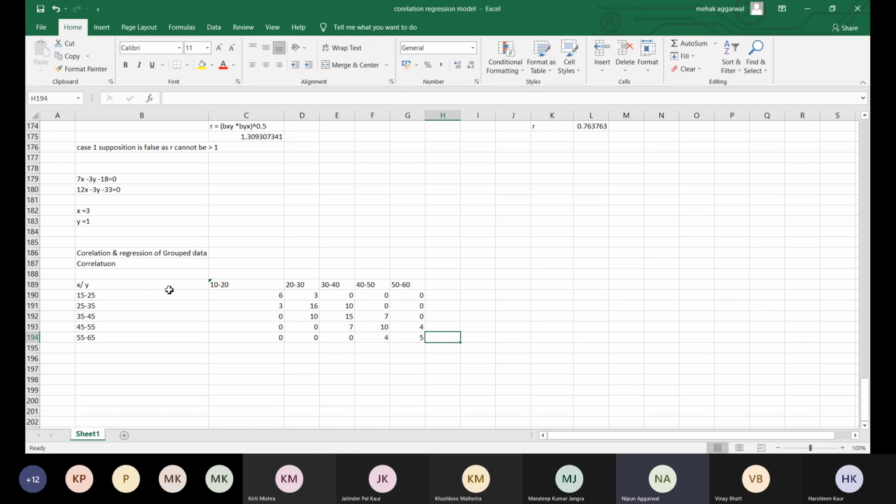Now first understand what the data is. Let's suppose 15 to 25 is the age, and 10 to 20 may be the salary in thousands. So 10 to 20,000 is the salary and 15 to 25 is the age. So the data is saying that the